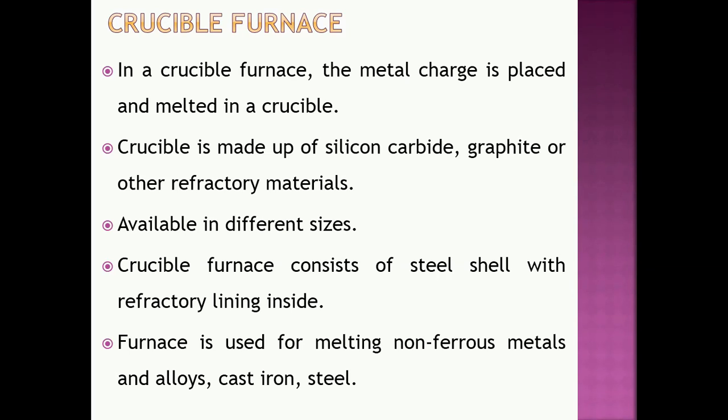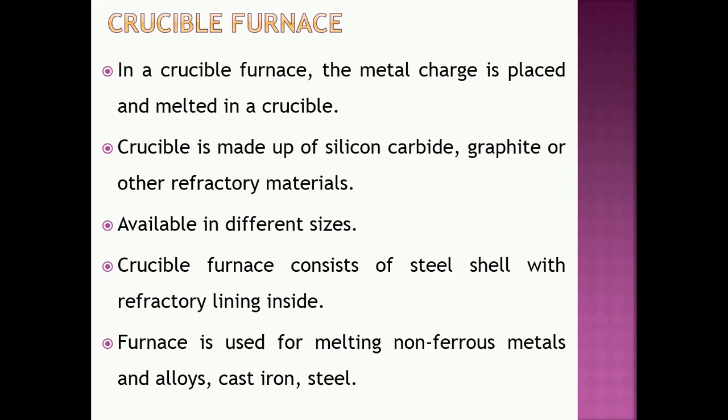We have seen the cupola furnace has a capacity of 16 ton. The induction furnace has a capacity of 10 to 15 ton. The direct arc furnace has a capacity of up to 125 ton. The direct arc furnace is a type of electric arc furnace with a capacity of 125 ton, and the indirect arc furnace has a lower capacity, about 10 to 15 ton. This crucible furnace also has a lower capacity. It does not have a capacity like a direct arc furnace.